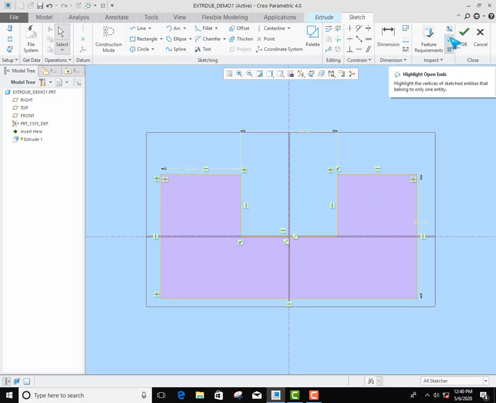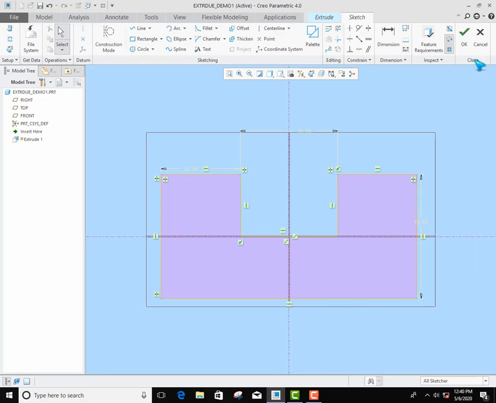Or if there are open sketches, like if you have some gap between corners, it will show the open entity ends. And also one more is the shade closed loops option; as appearing on the screen, it will show like this.